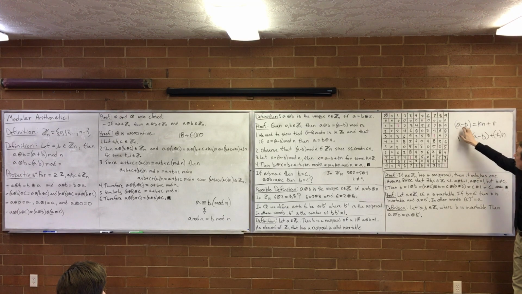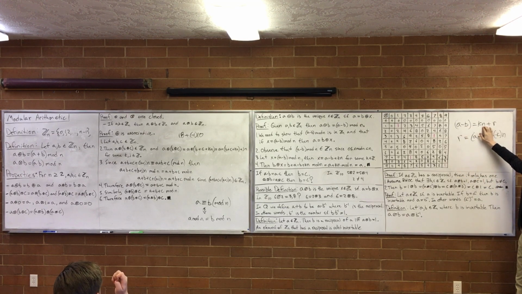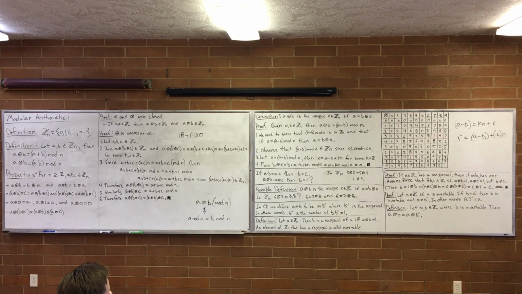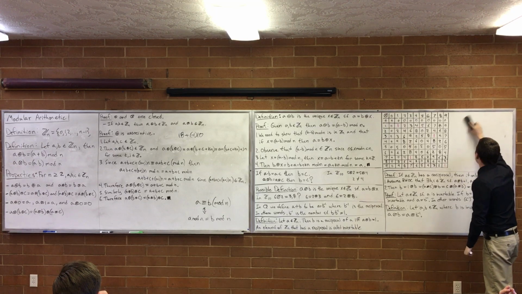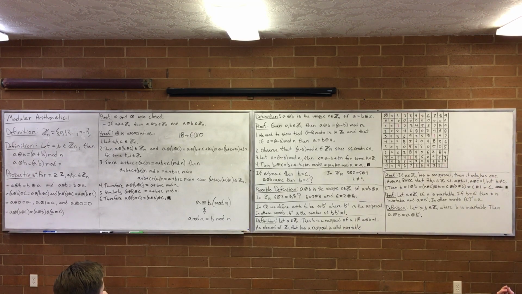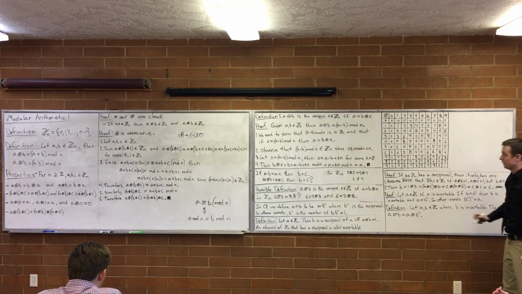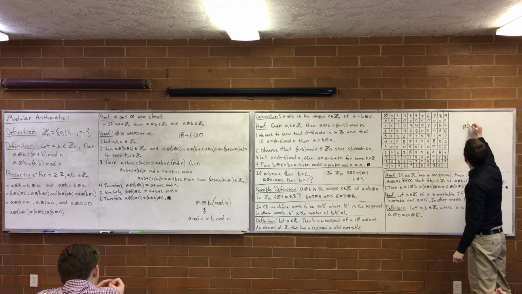When I say A minus B mod n, that's the remainder when you write A minus B this way. Try not to say divide, but I don't know what else to call it. That first theorem we did was going to be the most basic thing we use in number theory over and over again. And probably the second most common theorem that we're going to use is the